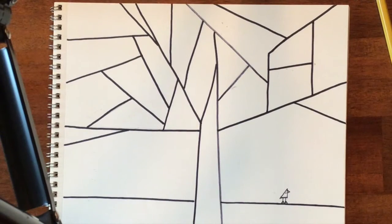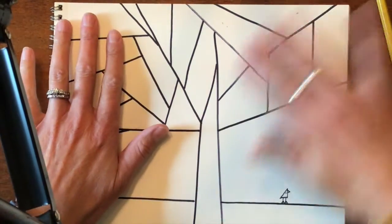Today what I'm going to do is show you how to do the Sharpieing part of the project as well as how we're going to color them. I will do a demonstration shortly. All right, so we are going to continue on with our geometric tree project, and as you can see, I've